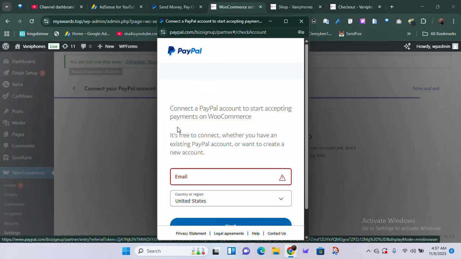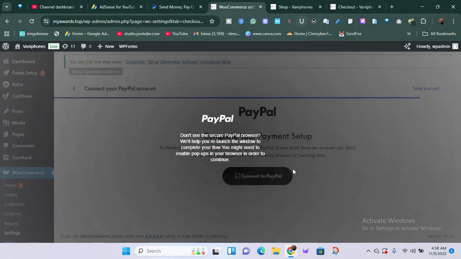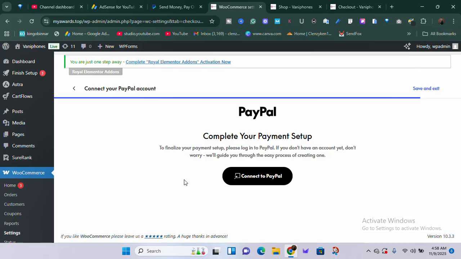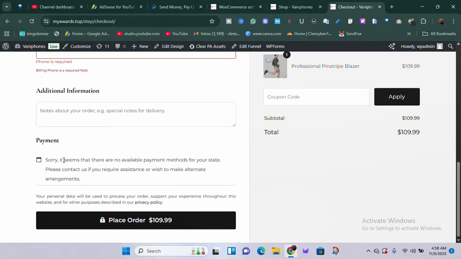But some of you guys are asking me how to do this. As you can see, this is how simple it is. Just enter your PayPal details, go to next. The next screen is going to ask you to enter your password or the like. So you enter your password, and boom, your account is going to be linked. Once your account is linked, you're going to see a successful message. And once you have that successful message, once you come to this section, instead of seeing this, sorry, there's no payment, not available payment method, you're going to see your PayPal